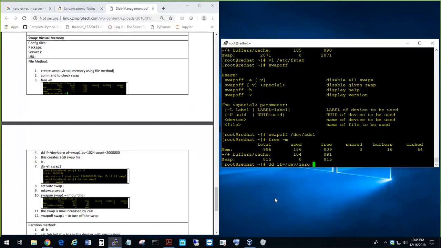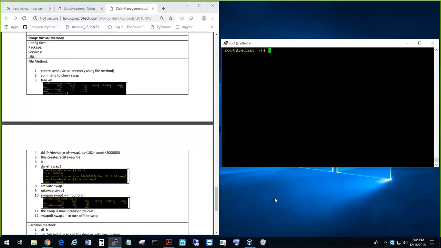Don't worry about it too much, but for the sake of this demonstration, this is how it's going to be. dd if input file, and where is this input file coming from? Device zero,